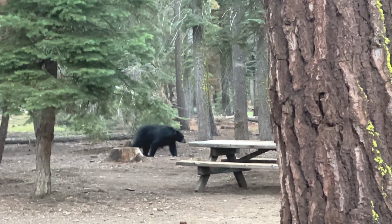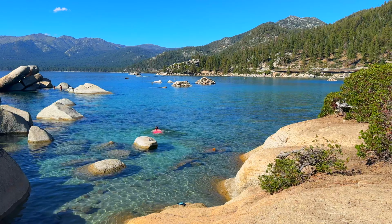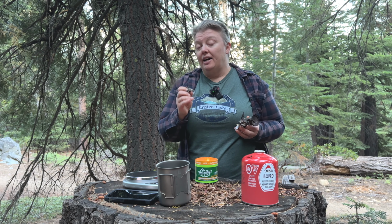Hi folks, it's Switchback. We are camping at Sugar Pine Point State Park in the Tahoe Basin, and I wanted to go over some stoves with you. I have been using the original PocketRocket for almost a decade, and last year I upgraded to the new PocketRocket Deluxe, but I have seen a lot of people talking about, for a much lower price, the BRS 3000. And so I wanted to check it out and compare it with these